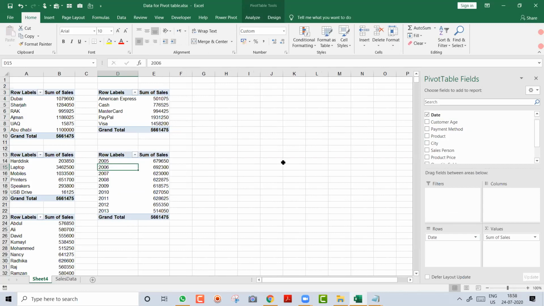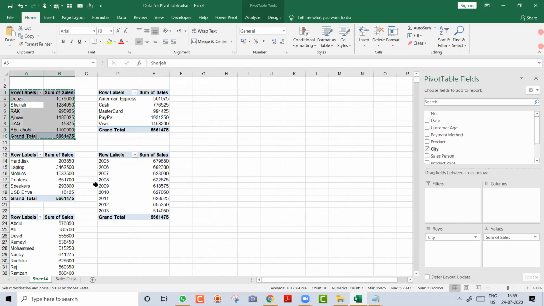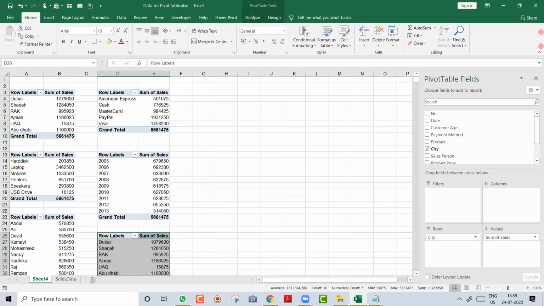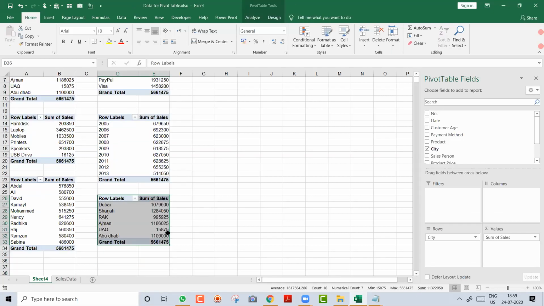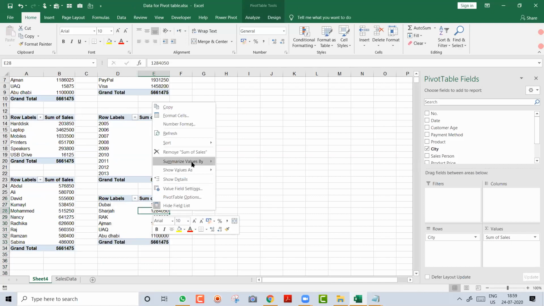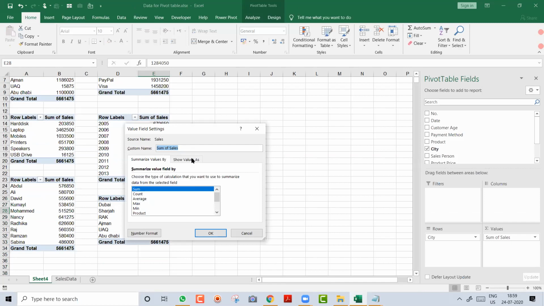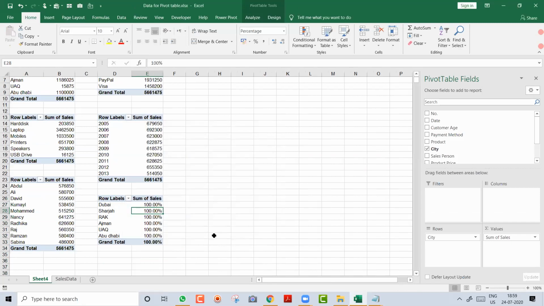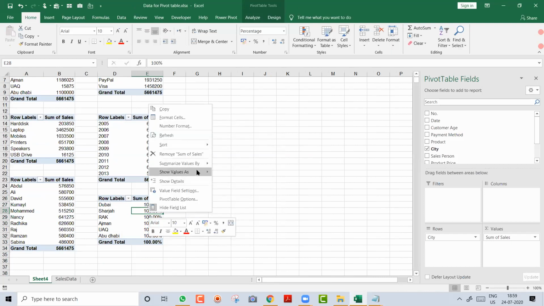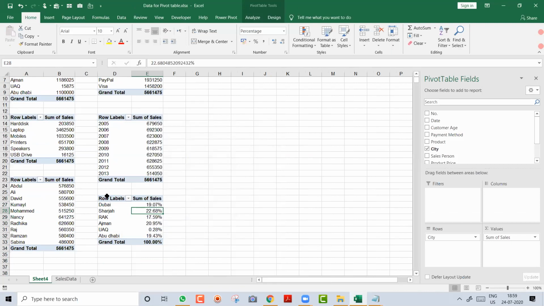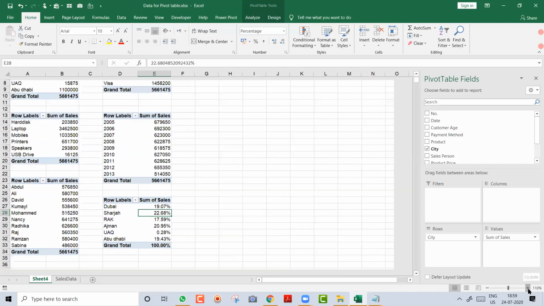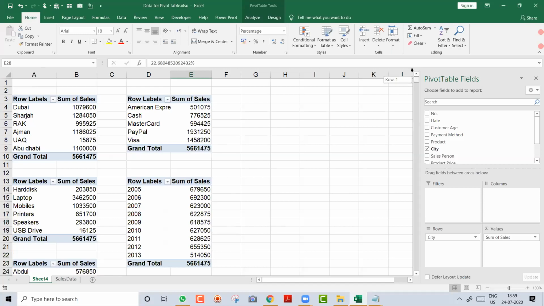I want one more report like city-wise percentage. So again, I copy, I paste, but in this report I want to show percentage-wise. So you right click and say Show Values As % of Grand Total. In the old version, people will go to Value Field Settings, Show Values As, and instead of No Calculation, choose % of Grand Total, and say okay. Okay, so I got it here. Now you will see, friends, on one screen I have created 6 reports.